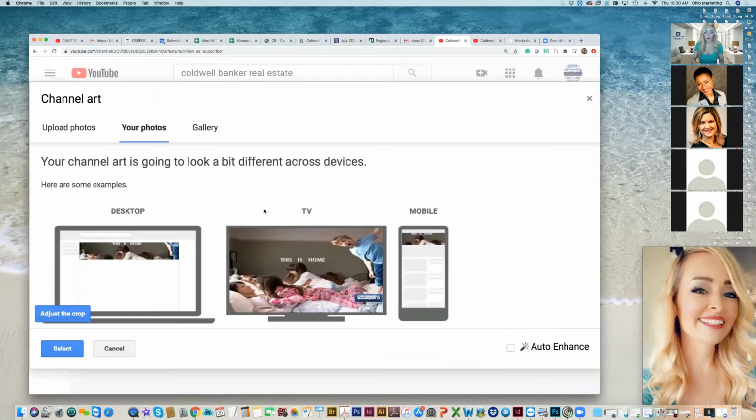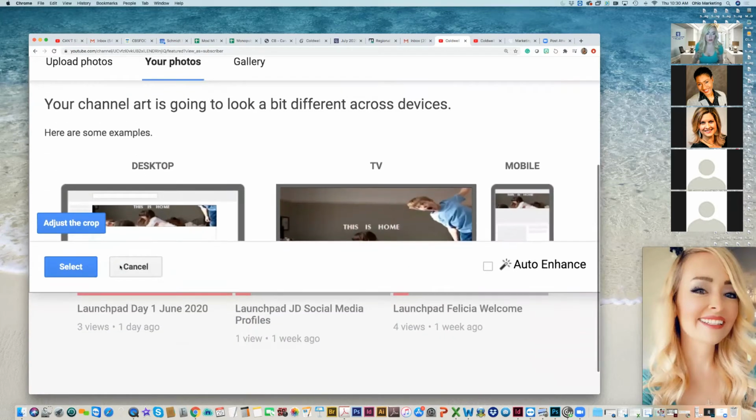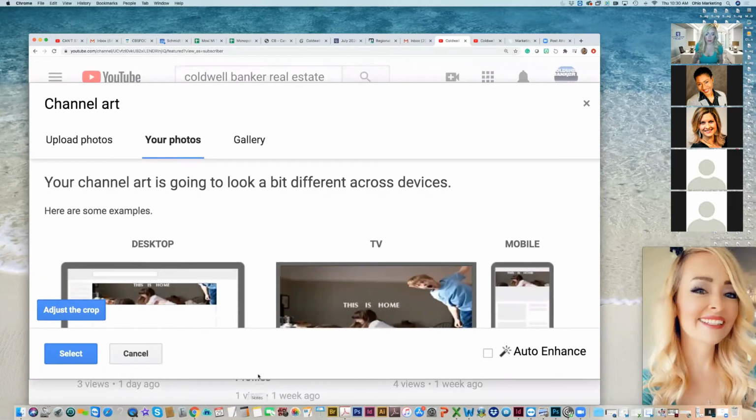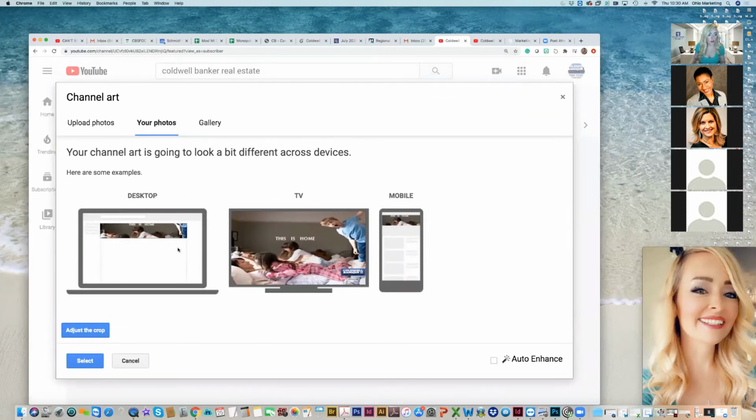Because it's mobile responsive, it does not work the same when I'm trying to upload a full photo that is the standard size for, like, let's say social media. So this would be the annoying part for many people. Notice here, let me see if I can make this a little bigger. Okay, make it a little smaller. There we go.